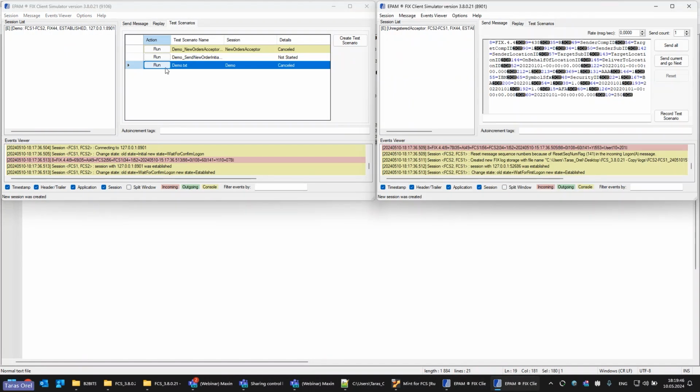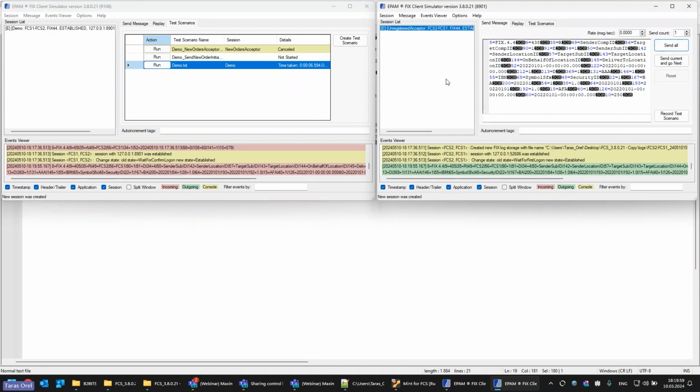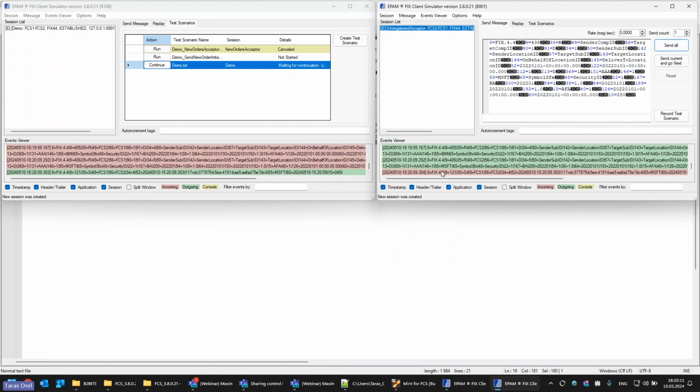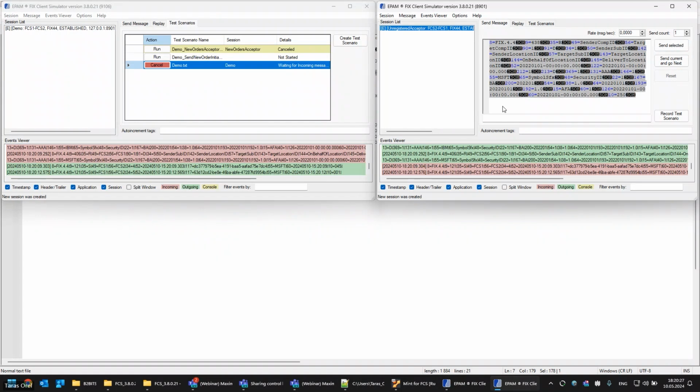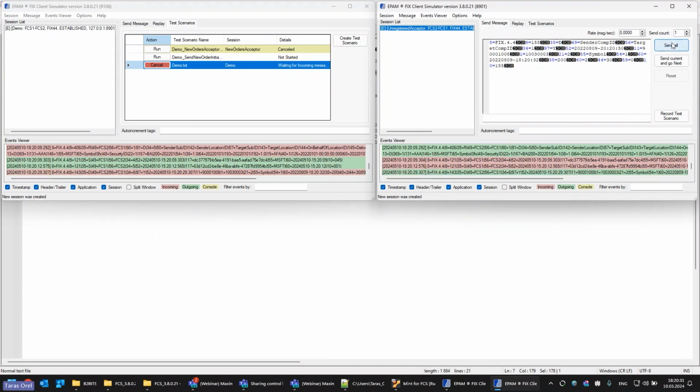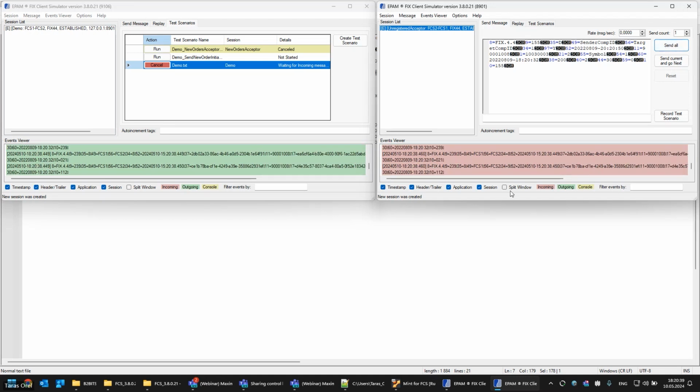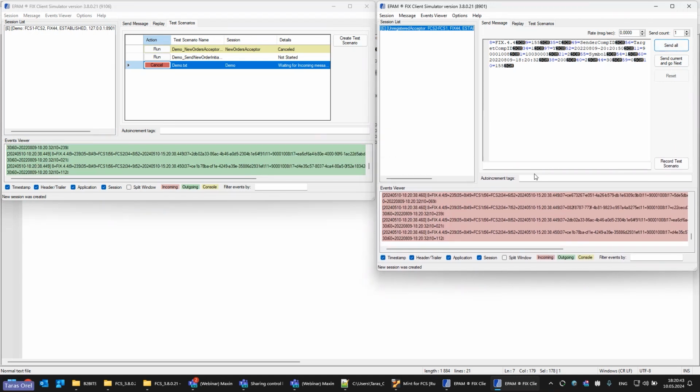Now I start the scenario again. Send a quote request from my second copy of FCS. Sorry, I forgot to change to Microsoft. Okay. Quote received, click continue, second quote received. And now I will send a new order single message. And after a few attempts, because the response probability is only 30%, yes, the scenario sent me execution reports